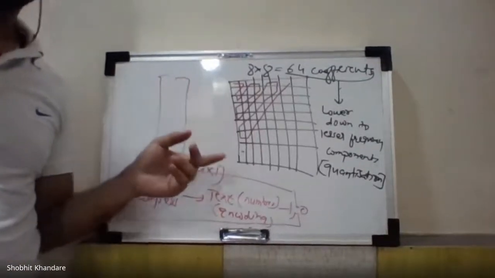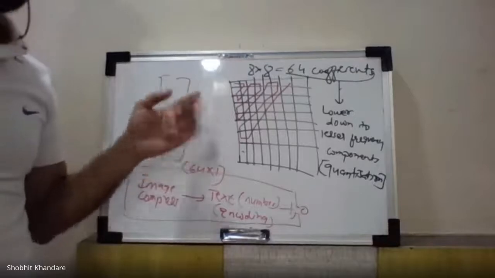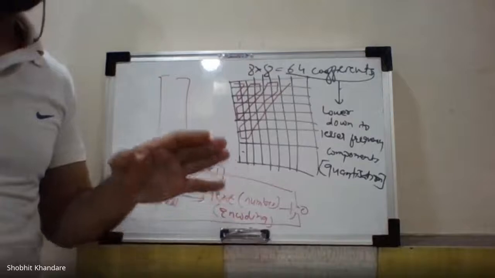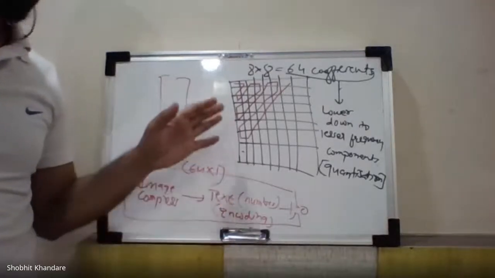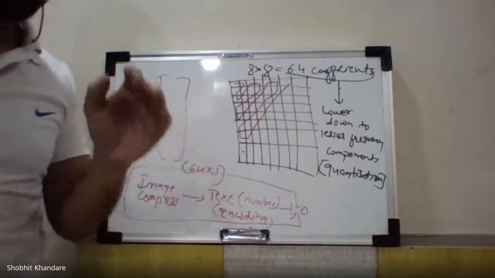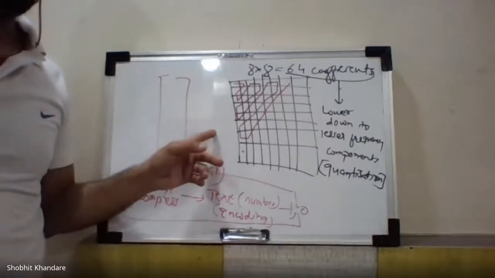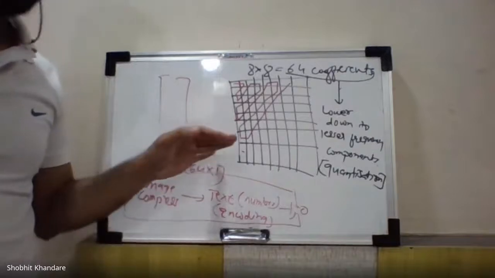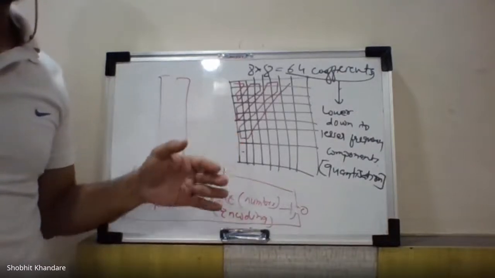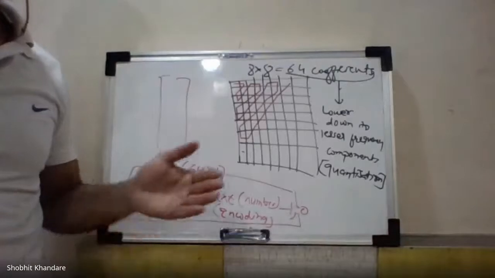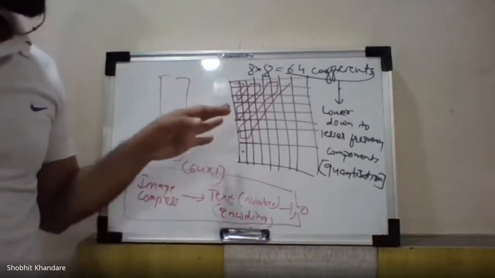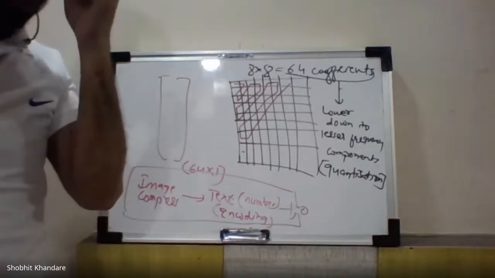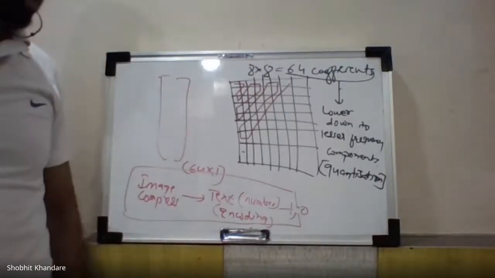Whenever the question is asked, you explain each and everything whatever I have explained today, depending upon the marks, for how many marks it is asked. You go on explaining with the block diagram as well as the figures. These figures and block diagrams are more important, and with respect to them you just give the description. The next time we will be talking about JPEG 2000, a particular format, and the remaining part we'll see in the next class.